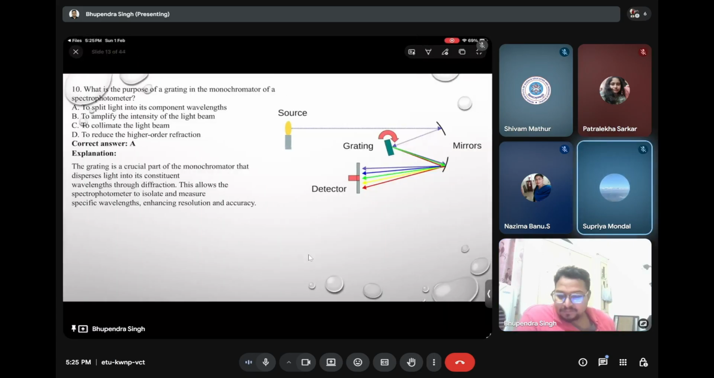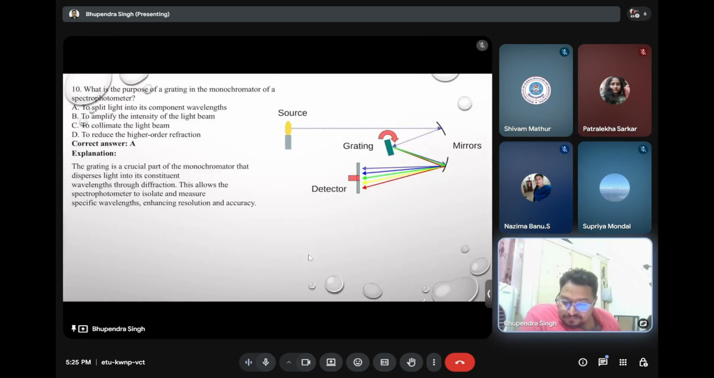Yeah, okay. So what is the purpose of the grating in the monochromator of a spectrophotometer? I think you have not physically seen the grating. Do you know what the grating looks like? I can tell you. It is something like this. When light is falling here,